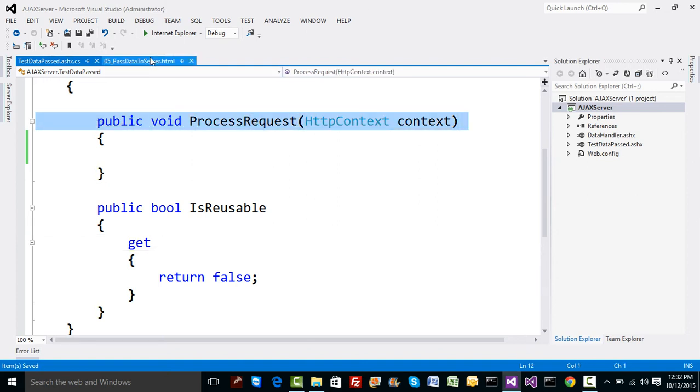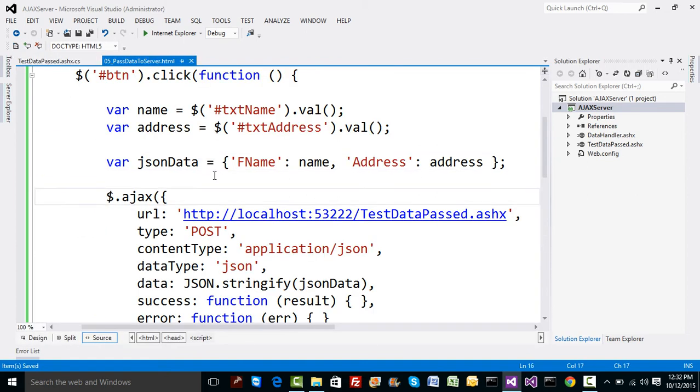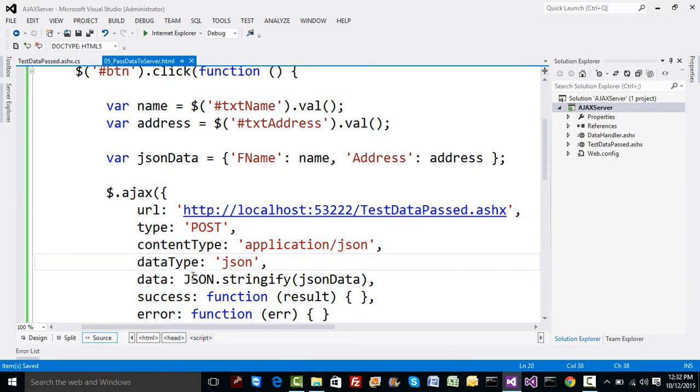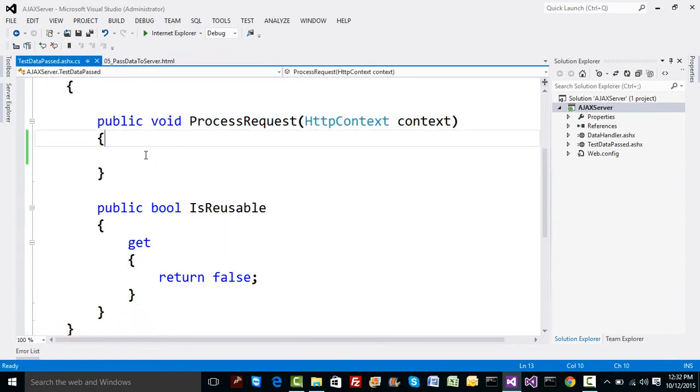So, a small change in the code I made. This is all the same as it is. JSON stringify also remains as it is. I have only added single quotes surrounding fname and address. And then, to collect the data, I have removed the code which was there, and I will be replacing that